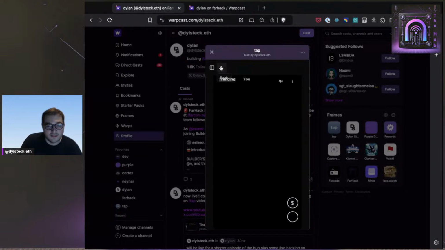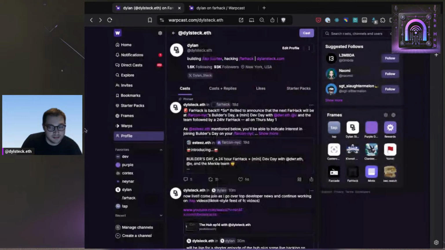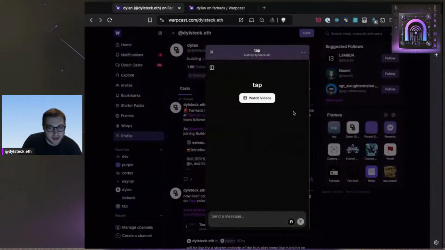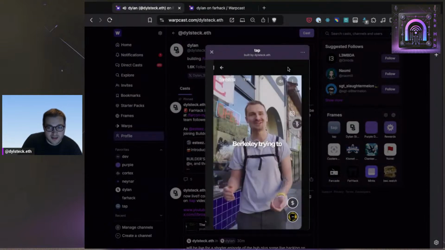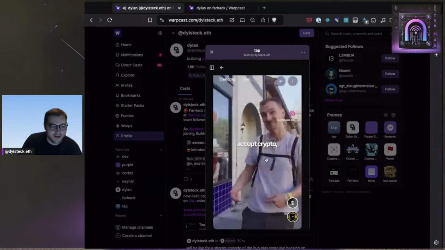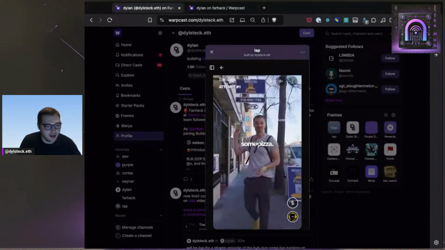And so I have the frame up a bunch of places, but one way you can use it, pretty simple, is if you have the frame added, you can just click on the little home thingy there, click watch videos or on the sidebar, and then it will take you right in here to the feed. So the video we saw from Jesse actually a couple minutes ago is already trending, funny enough.